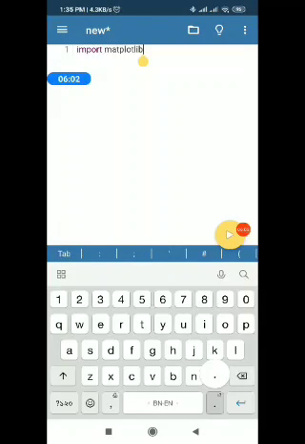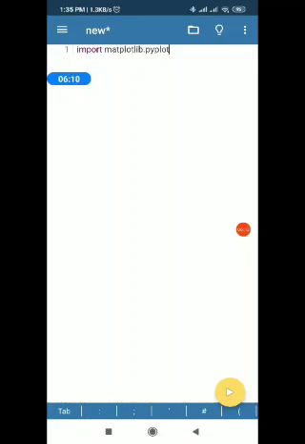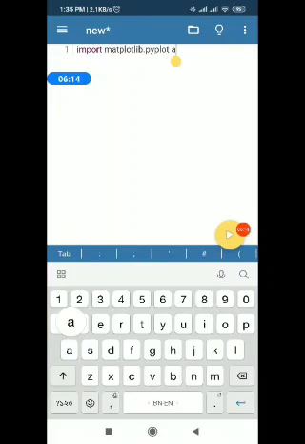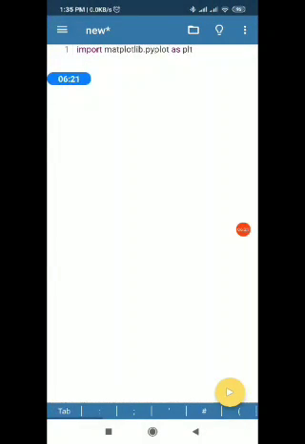Actually pyplot is showing some problem. Let me check. Okay, it is returning, but it is there. I have installed it. It is taking time because matplotlib is a big library. Now I'll show you how to install these packages.